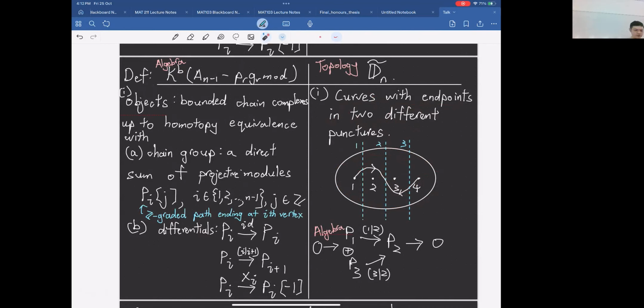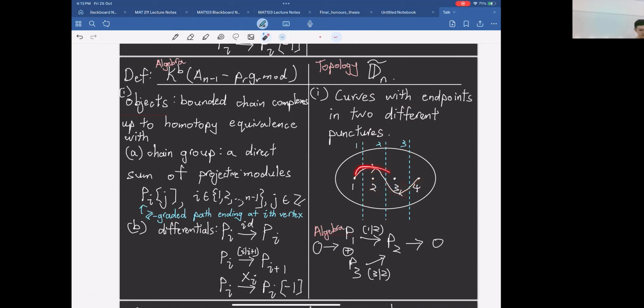Then I want to tell you how to connect between these two spaces. If you have a curve inside this D_n here, you can put an orientation on your curve. How to put the orientation? When you surround a puncture, you put a clockwise orientation. So if you look at this bit here, it is going over puncture 2, then you put a clockwise orientation here. And on the other side, if you go around puncture 3, you also put a clockwise orientation. So how does this orientation play out?